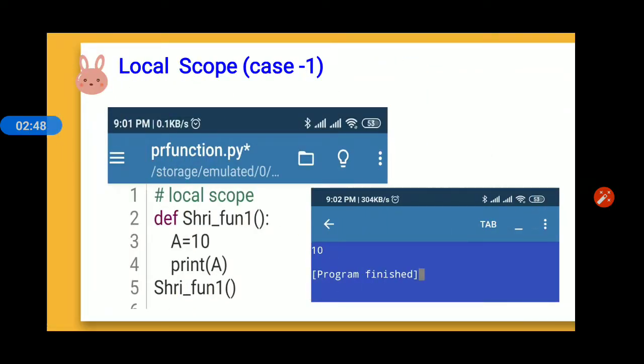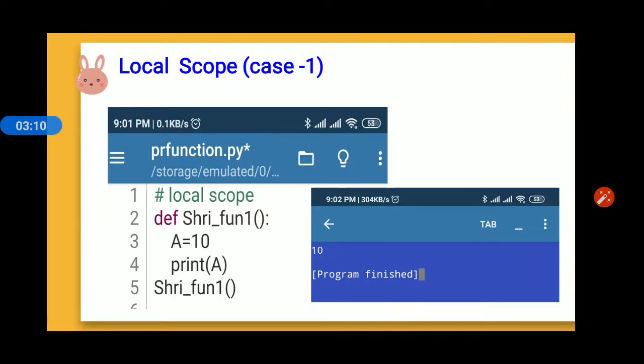Let's take the Pydroid program for the local scope. This is case 1 for the local scope. Here the same function I have taken, Shri_fun1, which has the value a equal to 10, and the function is going to print the value of a.